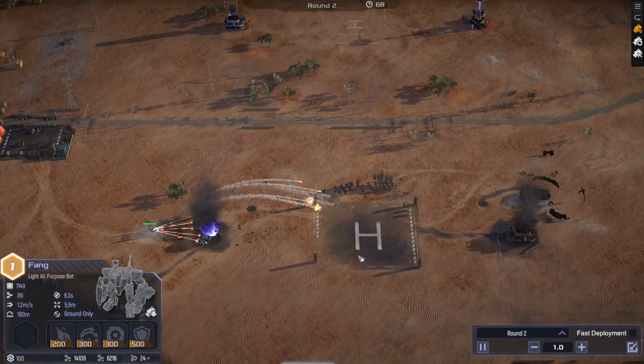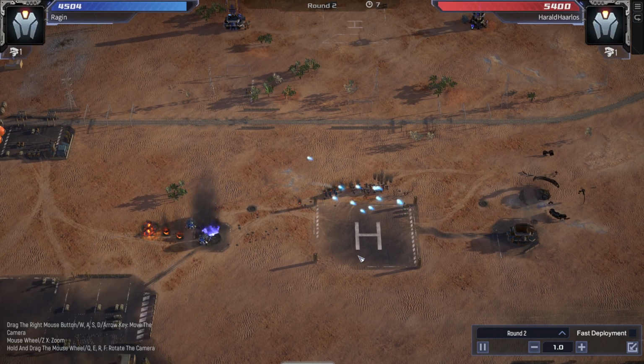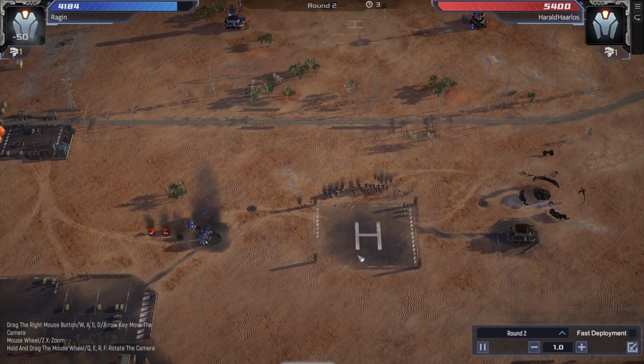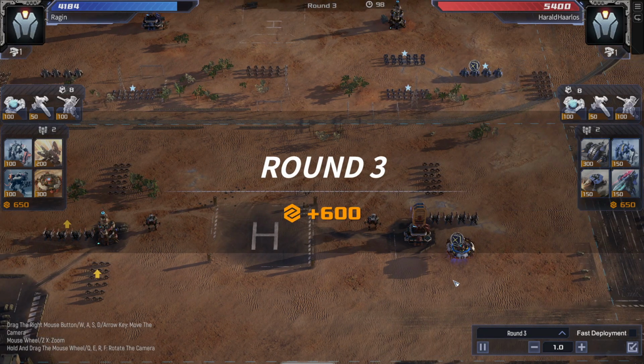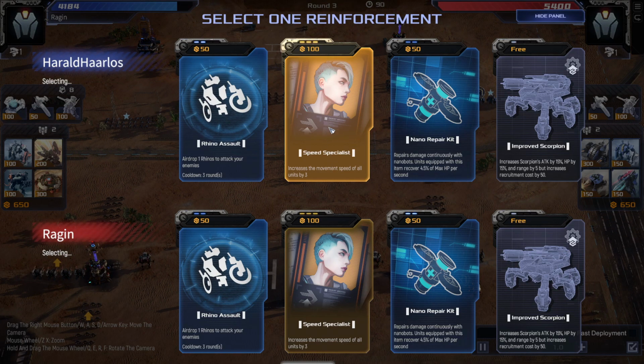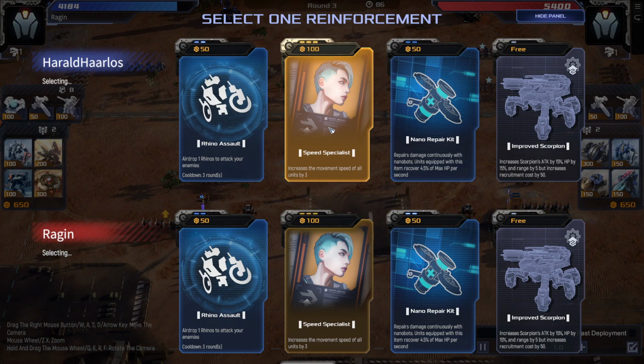So how am I going to actually stop this? I don't know if you guys actually have trouble with this. I have a little bit here and there. I usually, ground rule number 1, get a Wraith. And then, of course, he gets a speed specialist. He gets a couple of these during this game,